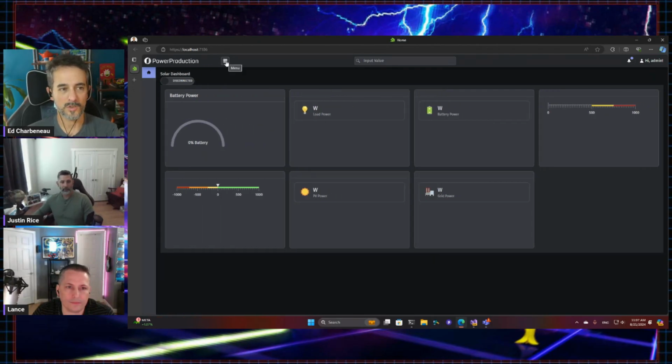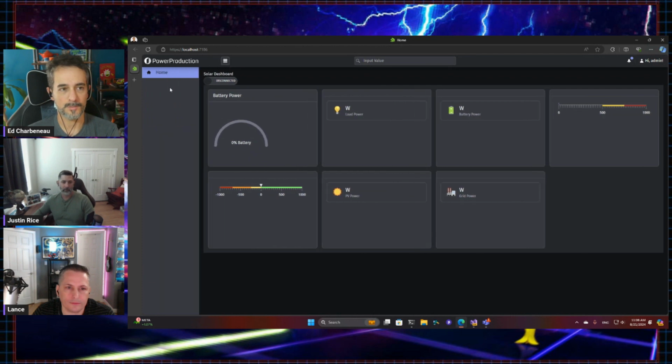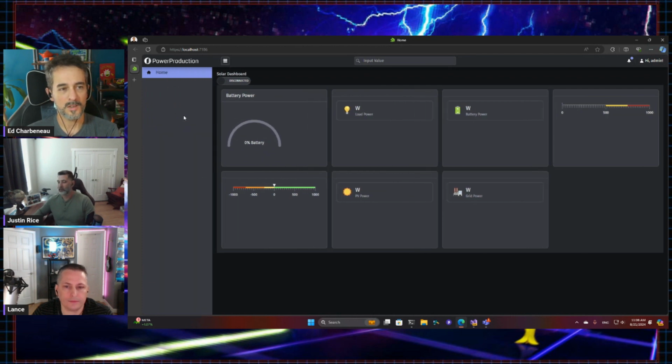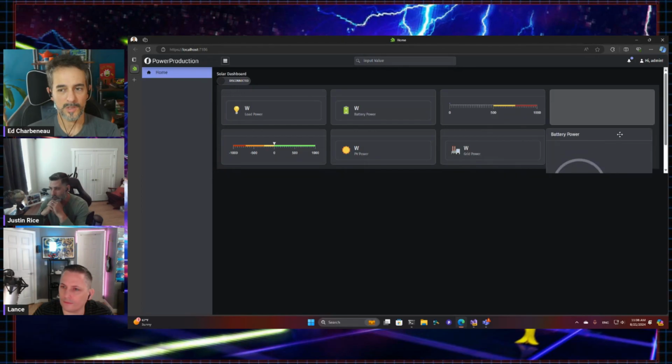So we have this nice accordion style, drawer style navigation, and we have a nice dark theme here. We pulled all of this out of the UI Accelerator, which was something that we just released that helps you build these dashboards really quickly. So we copied and pasted the new layout in and then got started on building out the dashboard part. And we can take our panels and rearrange them,